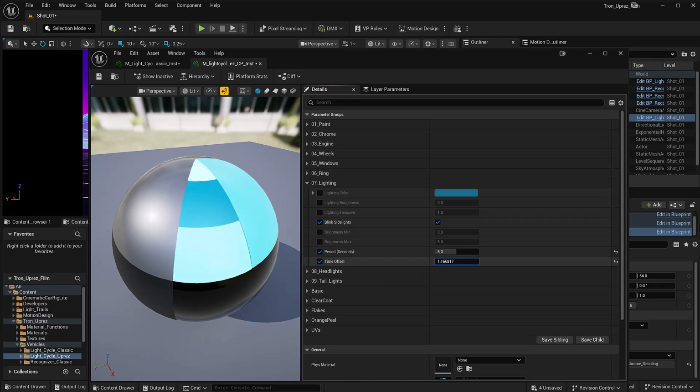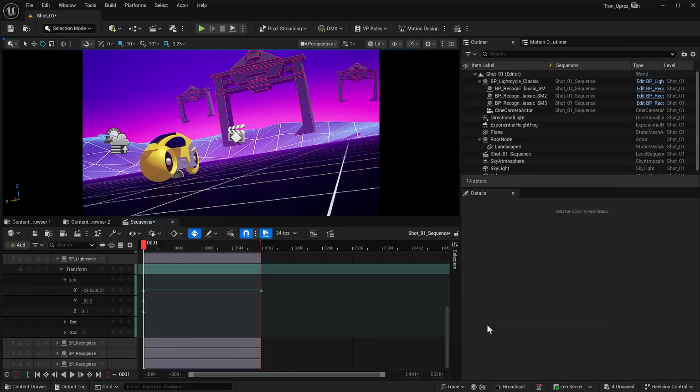And so then you'll have different beginnings and endings for that loop, so they're not synced exactly. Now, something else that's cool that's been added into this light cycle is some functionality that makes it work really